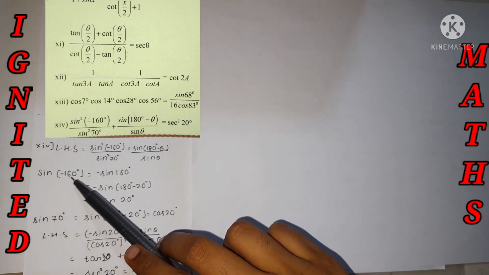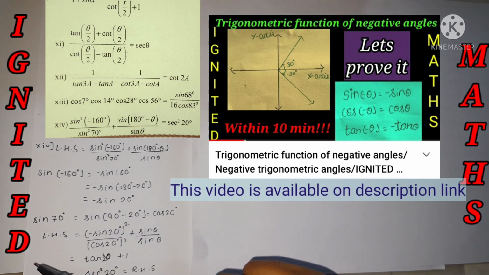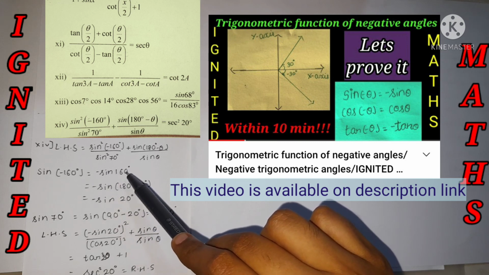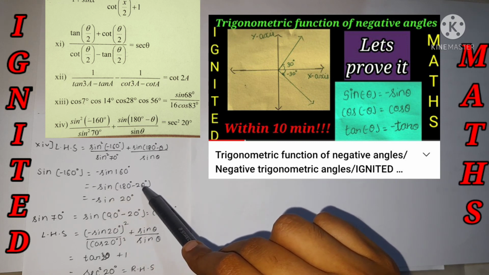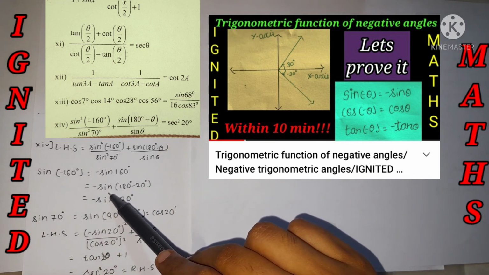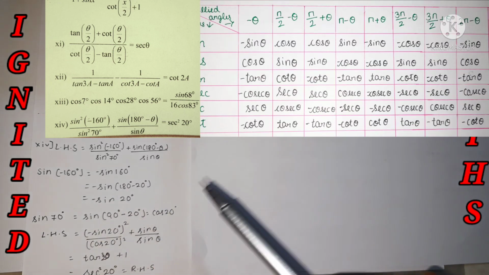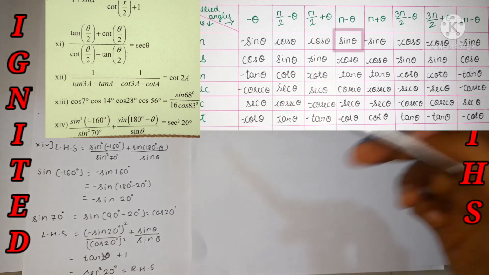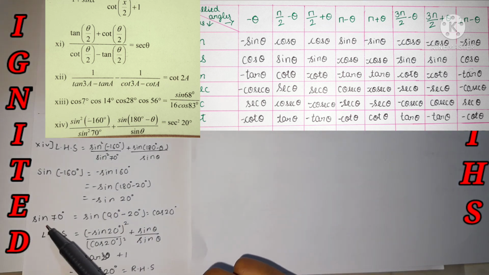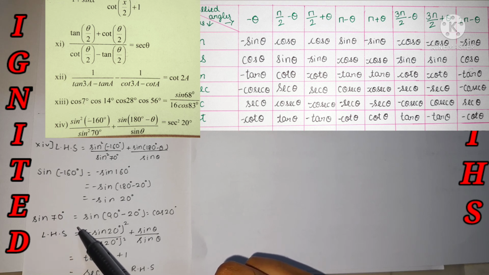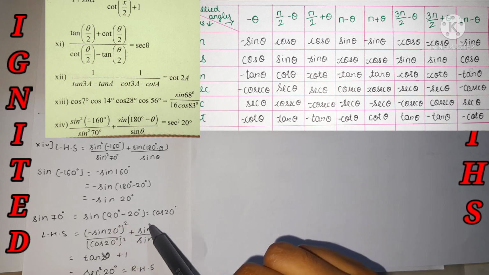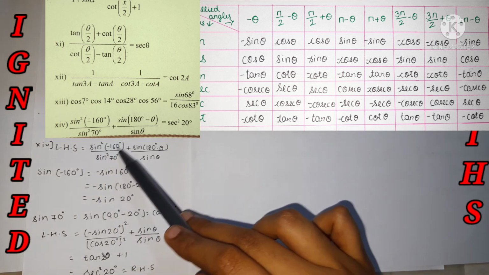So sine of minus theta, by the trigonometric function of negative angles, is nothing but minus sine theta. Theta over here is 160 degree. It's nothing but 180 degree minus 20 degree, that is 160. According to the allied angles, sine of pi minus theta is nothing but sine theta, and the minus I have represented from the above content. Now let's find the value of sine of 70 degree also. It's nothing but sine 90 minus 20, that is pi by 2 minus theta, which is nothing but cos theta. We have found the value of this part.